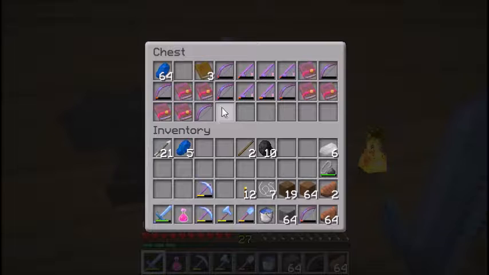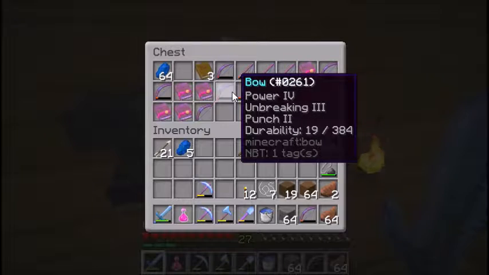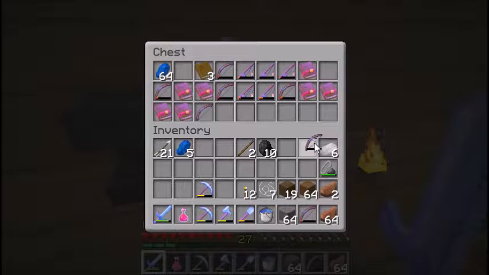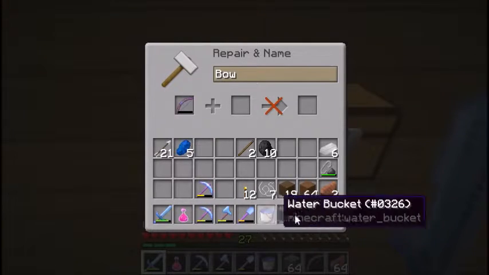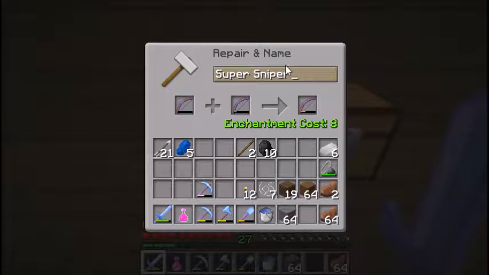So, first thing I want to do is take a look at some of these bows. There was one I was eyeing in particular before, that was Mending and Unbreaking 3. Because if we add that, then we'll have Power 4, Infinity, Mending, and Unbreaking 3. So I think that's definitely what I'm going to go for. We'll see how much. That's 7 in that order, and in the other order it would be 9. So obviously going to go for the cheaper cost. We'll make it 8 by renaming it to the Super Sniper. And we will grab that. Wait, I thought...